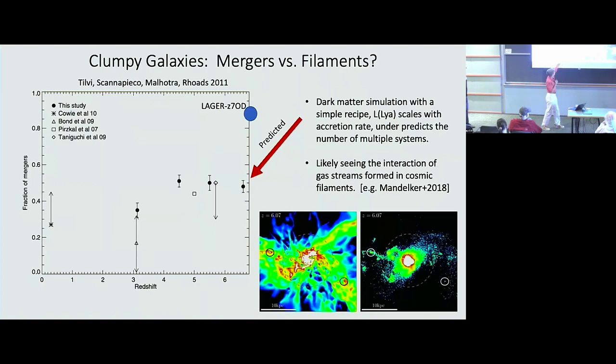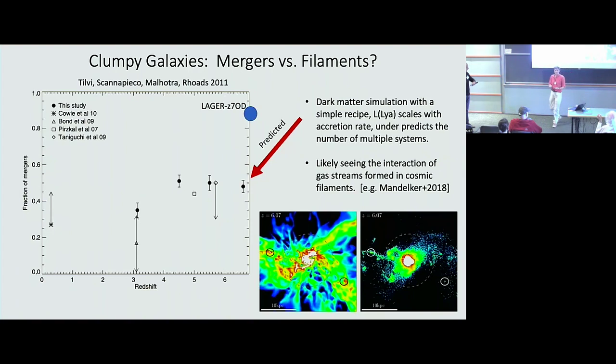The blue circle up here shows that if these were all mergers, in the sense of galaxy-galaxy mergers, that would be a much higher merger fraction than dark matter simulations predict. Only about half of them should be. So probably they're clumpy, but they're not all mergers. They're more like this picture of filaments,